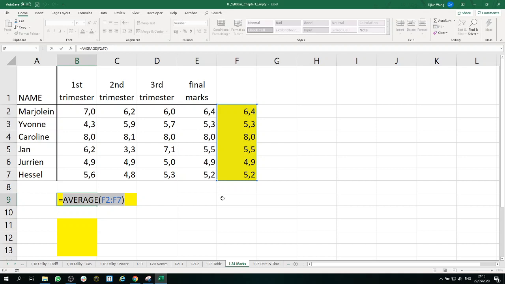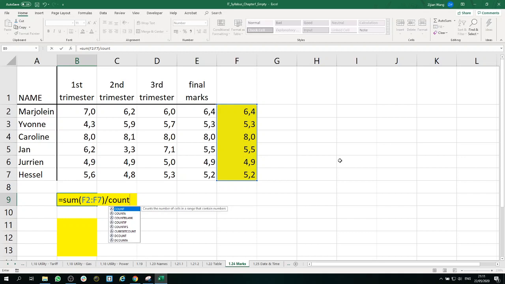But there's another way which also makes sense: first you can sum it up, just for the sake of showing you how this works. The sum function can add all the inputs up. Here we can choose all the grades, and we have the total of all the grades. What can you do with the total of the grades? It doesn't tell you much. But if you divide it by the number of participants, the number of students in this table,